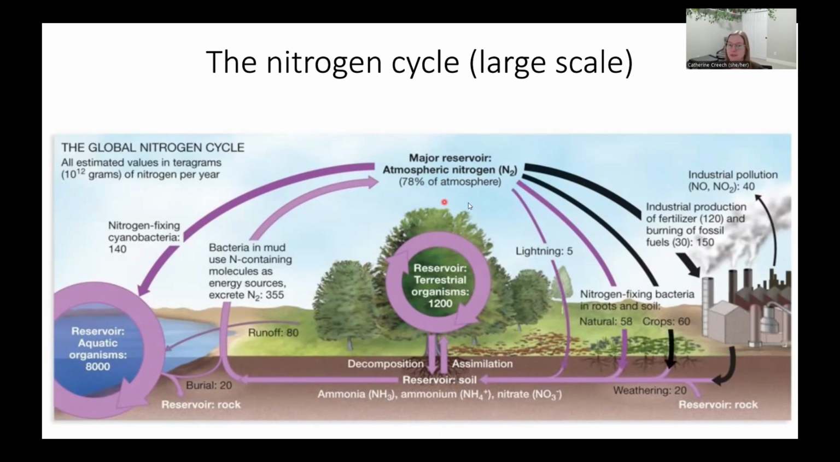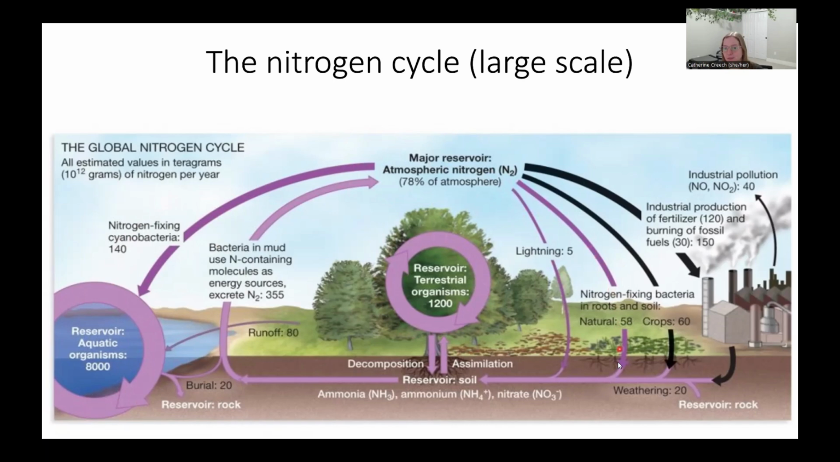Our major atmospheric reservoir of nitrogen is here. To get it out, we're going to need those nitrogen-fixing bacteria. Here we have an aquatic reservoir. That aquatic reservoir is going to allow us to be used in terrestrial systems here, and that is also done